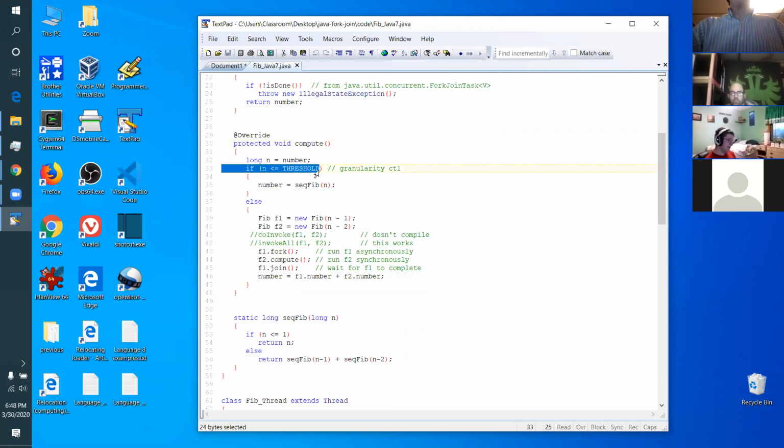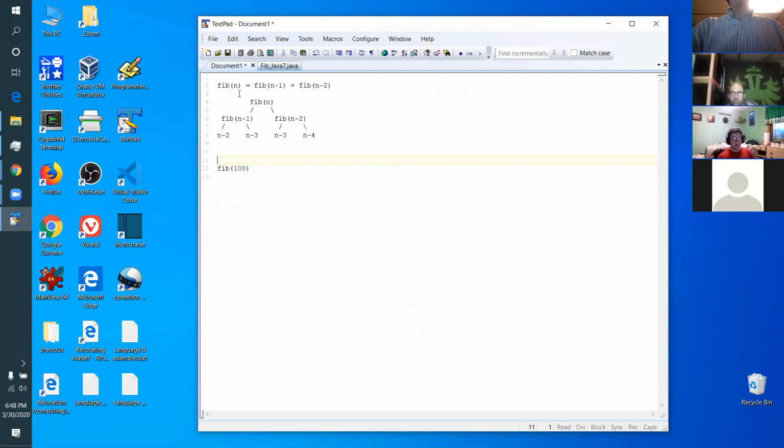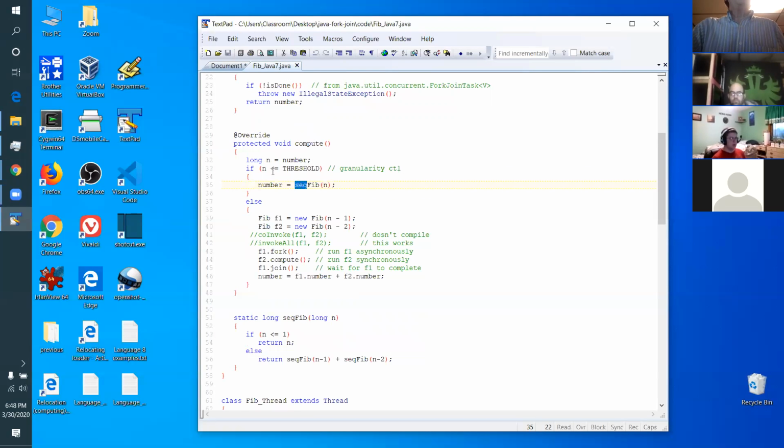If you're below a threshold, then you just compute the number sequentially. The sequential version here just does this recursion, but all on one thread. If you're not small,